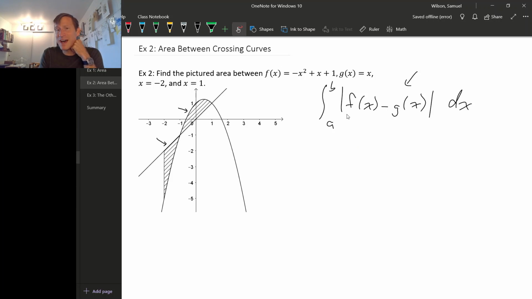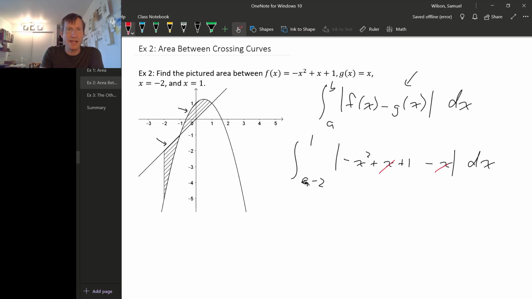Of course, with the absolute values, it doesn't actually matter which function you put first, f of x or g of x, so I guess we might as well put f of x first. So we're integrating from a to b. Sorry, a is -2, b is 1. The absolute value of f of x, which is minus x squared plus x plus 1, minus g of x, which is x, dx. And then to evaluate this integral, I guess we should simplify the stuff inside the absolute values,